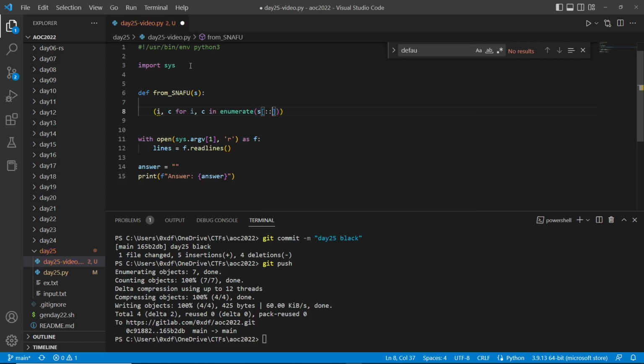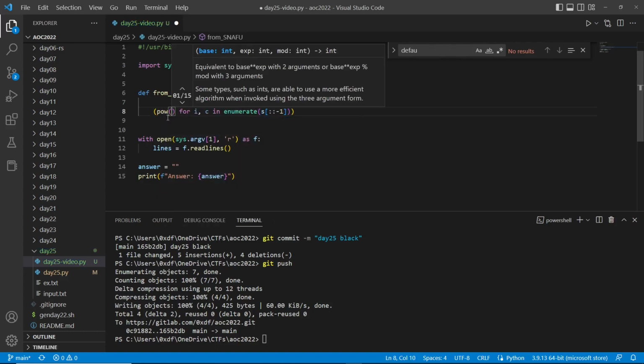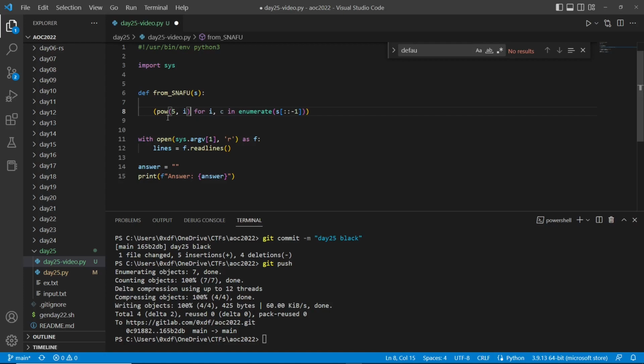And I'll show you why in a second. We're going to loop over the things backwards. We're going to start with the smallest and go up. So for the first digit, the ones place, we'll have 5 to the power of i. In the first case, i will be 0, so it'll be 1 times